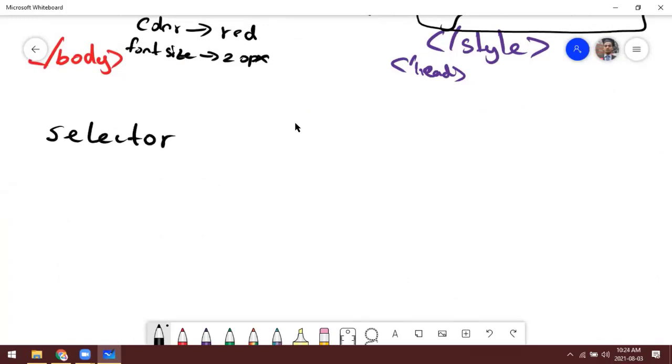We have to put the selector, and the curly bracket you can use like this. Some people will continuously write the CSS properties like this, but I am used to this way. I told you space doesn't mean anything in CSS, so you can use it in any way.